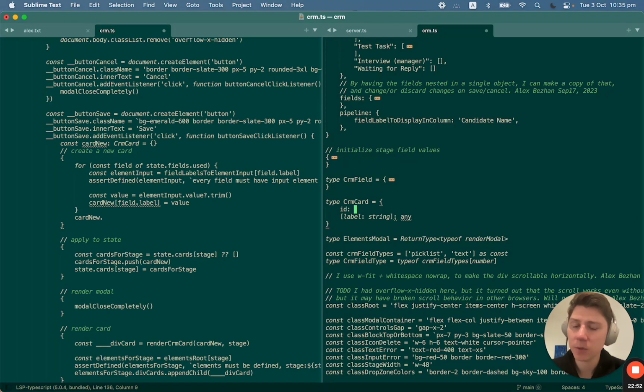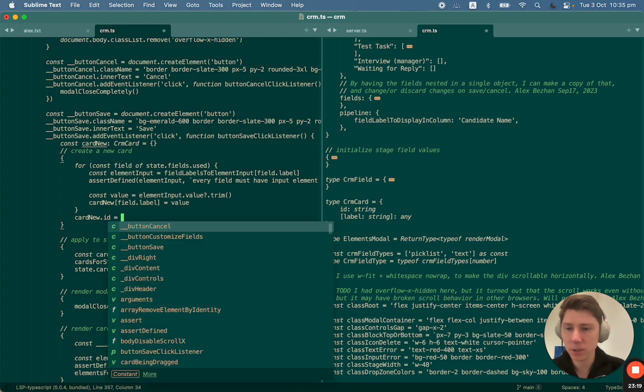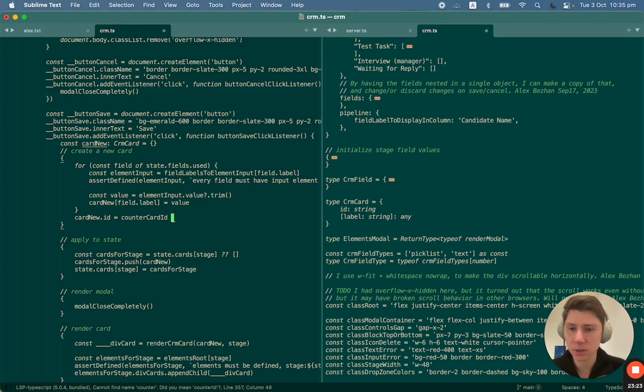It is a number for now, but I'm not sure it will be forever, so I will just use a string for now, because I don't want to couple. I don't want a number, I want some kind of unique ID that is not necessarily a number. And then it will be ID equals counter card ID plus plus,